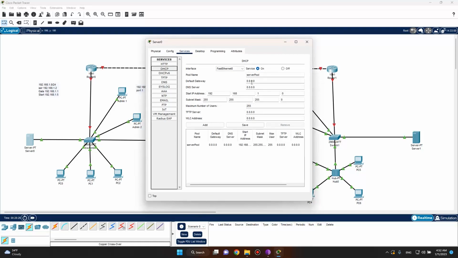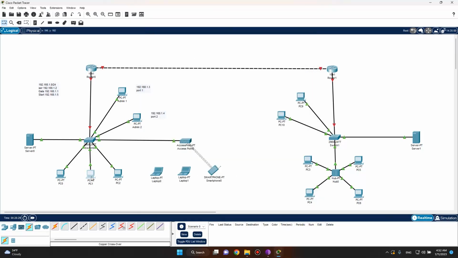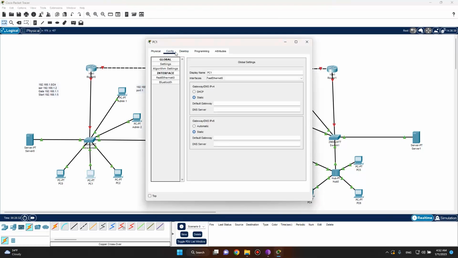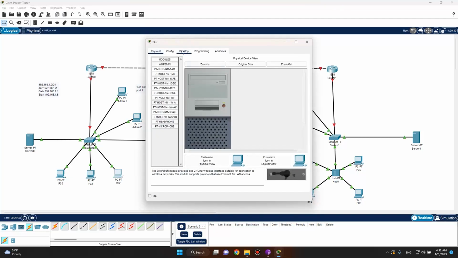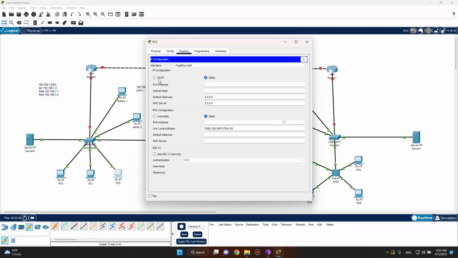We will change it later, so let me just use DHCP for all computers here. Successful. And the next one,